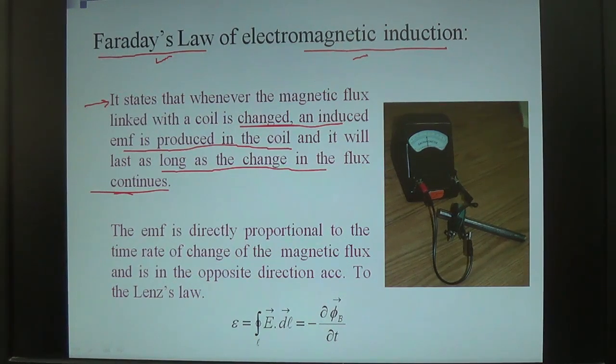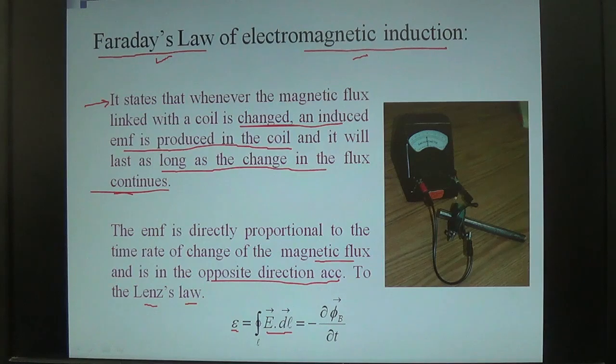The EMF is directly proportional to the time rate of change of the magnetic flux and is in the opposite direction according to Lenz's law. Right, so E, that is equal to the closed path integral of E dot dl, is equal to minus del phi b upon del t. Here